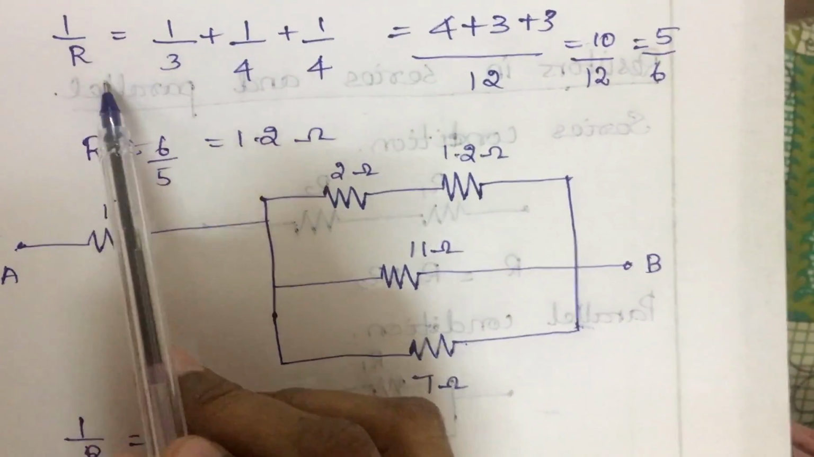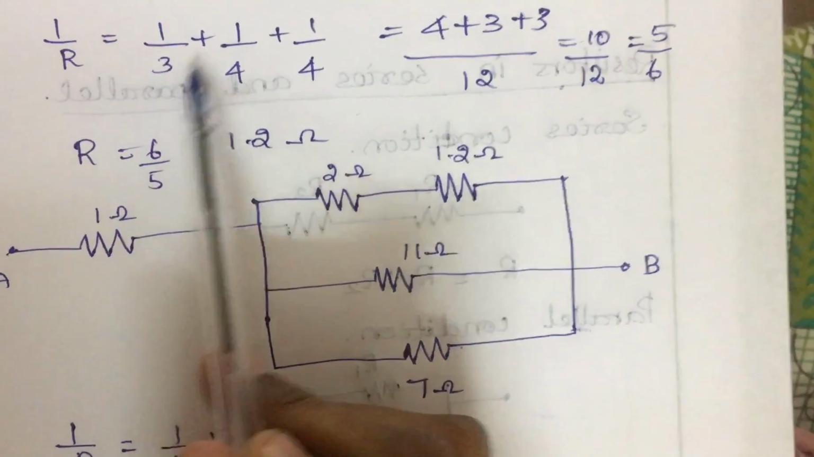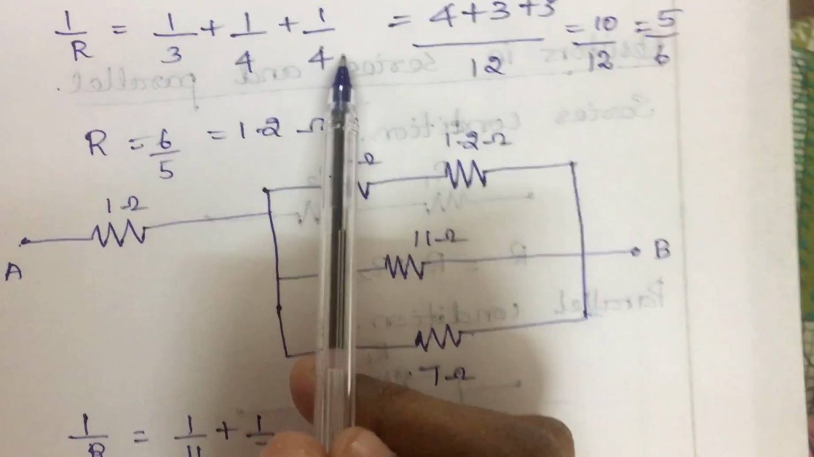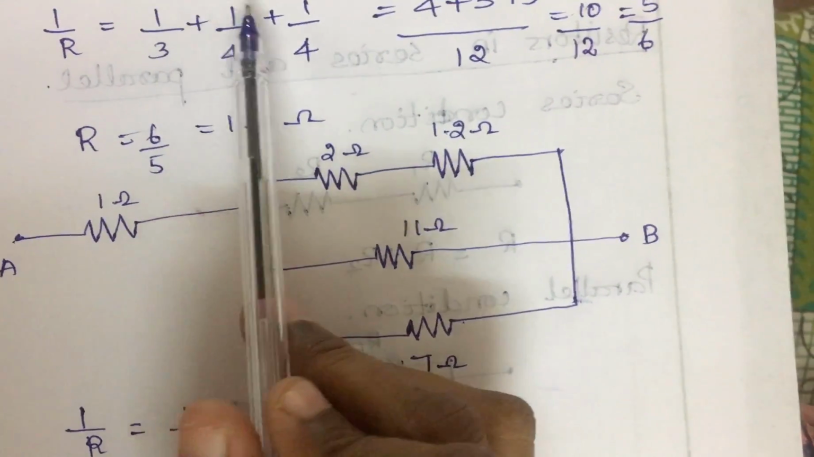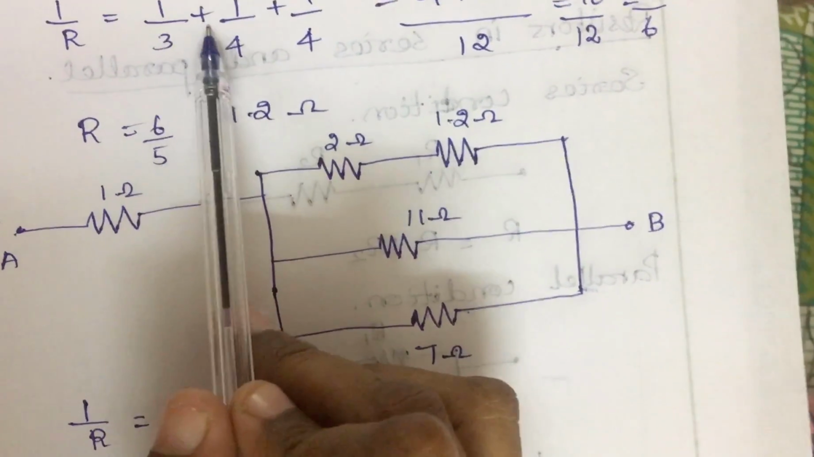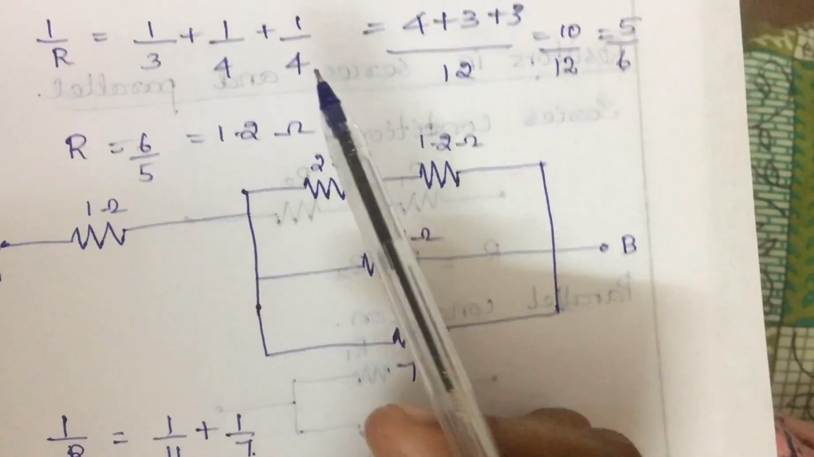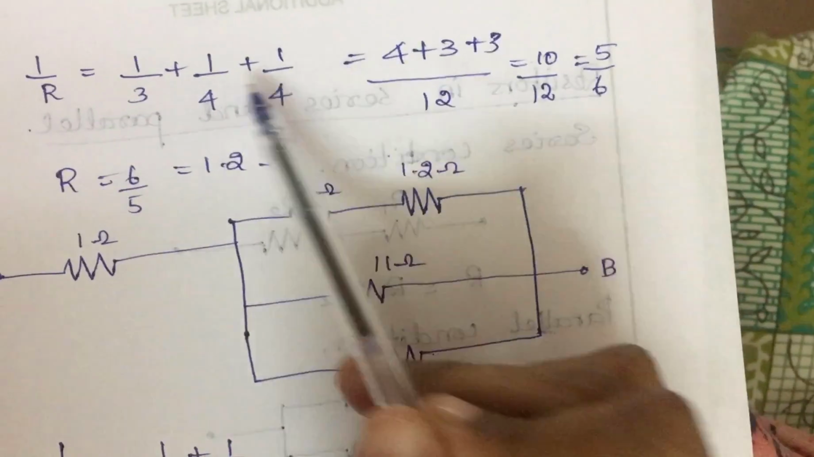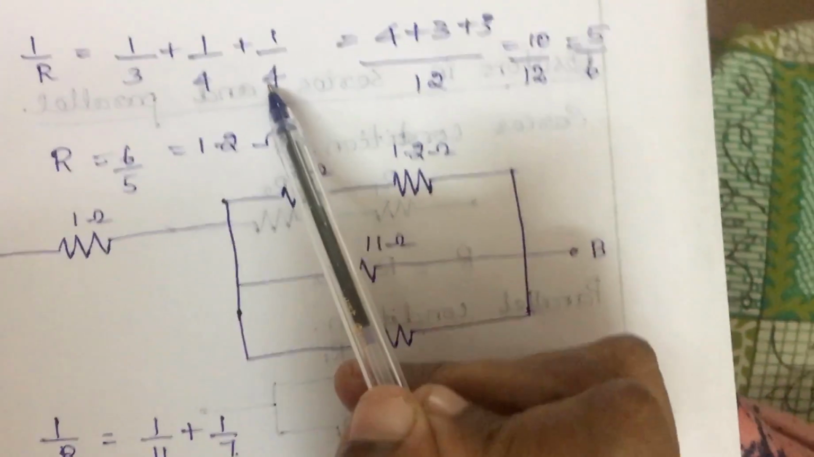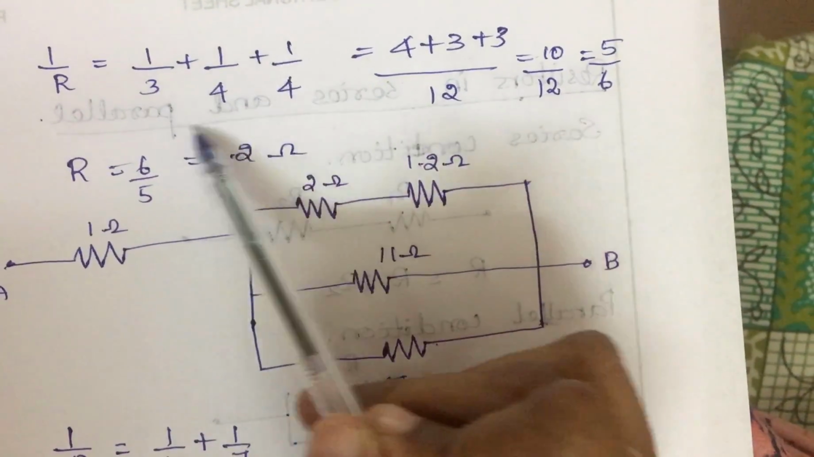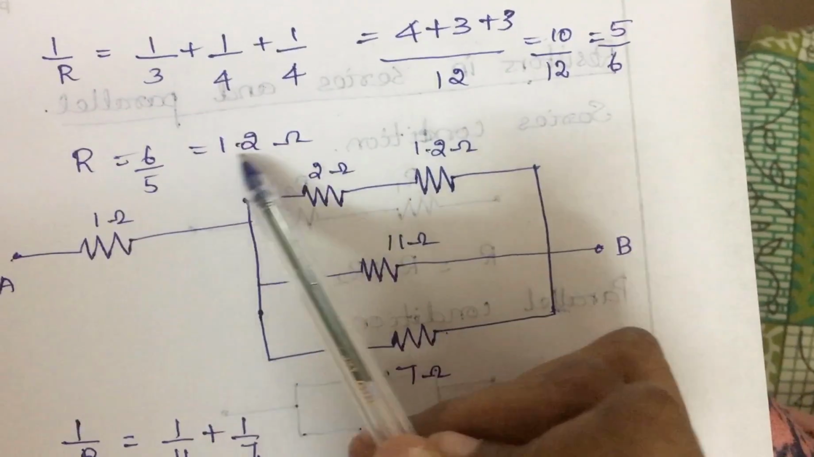Okay, so the parallel formula is 1 by R equivalent resistance, that is 1 by R is equal to 1 by 3 plus 1 by 4 plus 1 by 4, or you can solve using the formula R1 R2 R3 divided by R1 R2 plus R2 R3 plus R1 R3. Either you can use that formula or you can use this formula. This formula means you want to take the LCM. So the LCM here is 12, and after taking the LCM you got 1 by 2